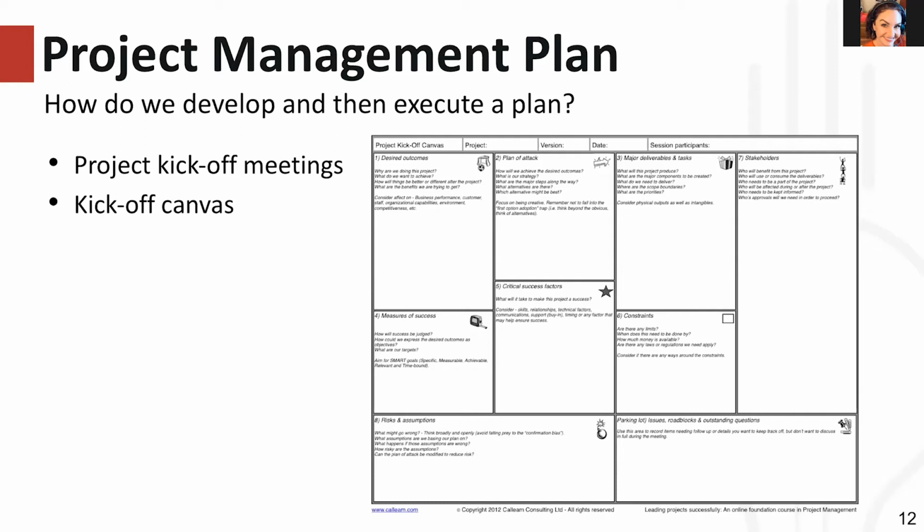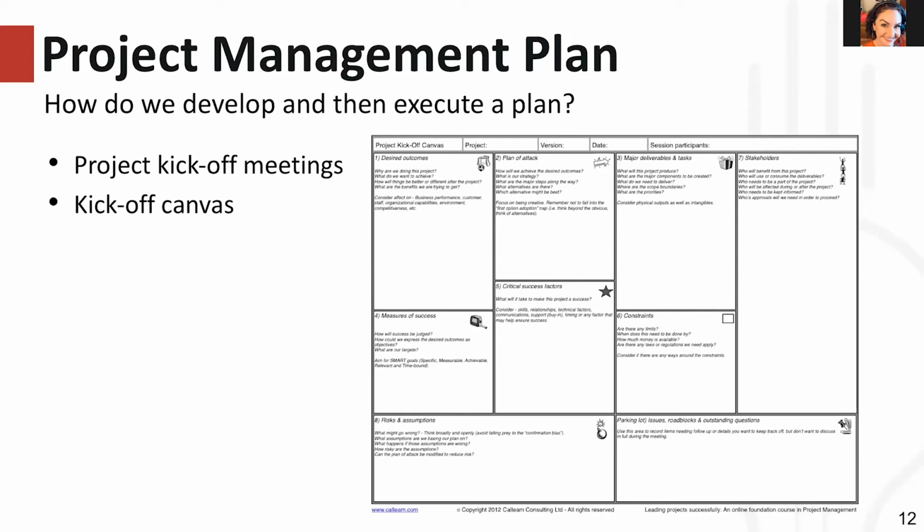And we've defined that the deliverables are the things, whether tangible or intangible, that are created by your projects. And then the tasks are the work that you have to do to create those deliverables. So for your measures of success, it's important to know what the success of a project looks like and how it'll ultimately be judged. I think we're all familiar with SMART goals, which are those specific, measurable, achievable, relevant, and